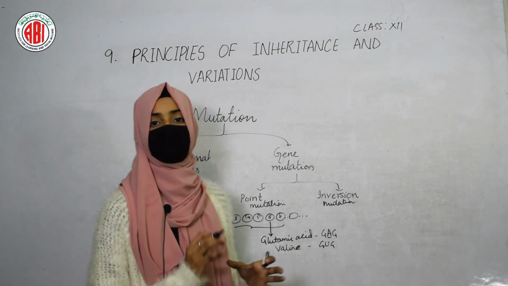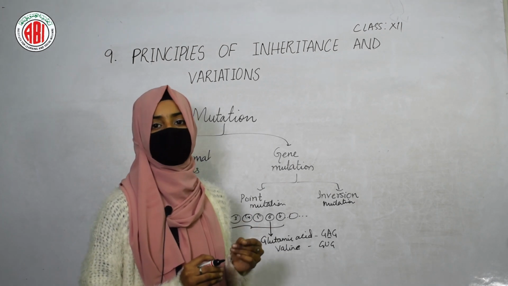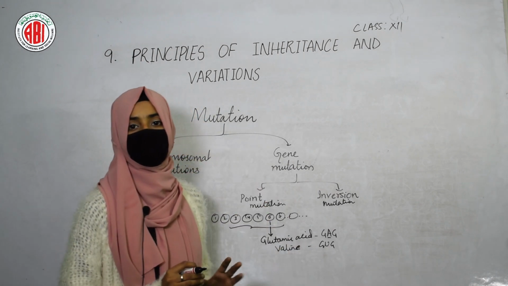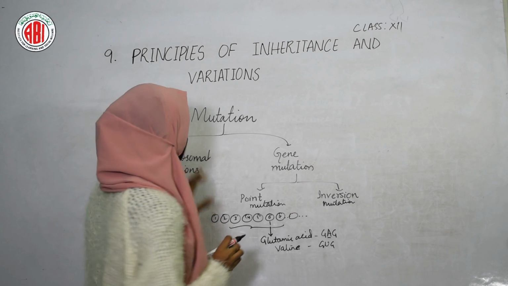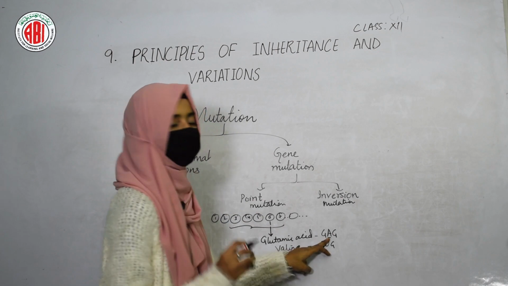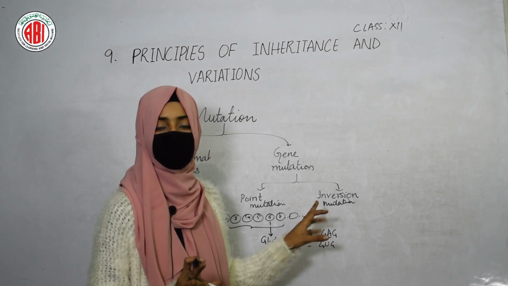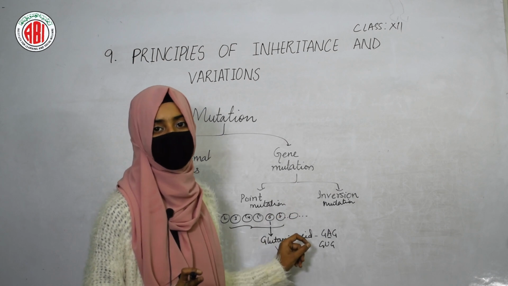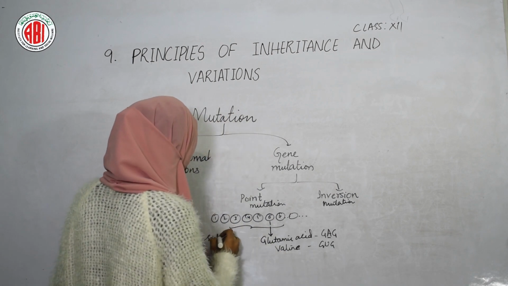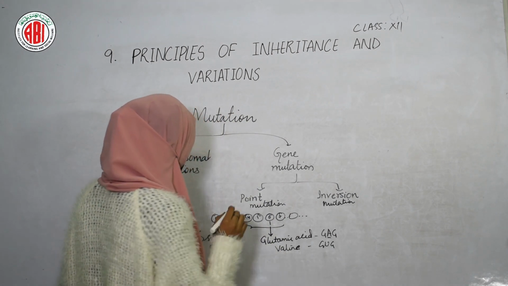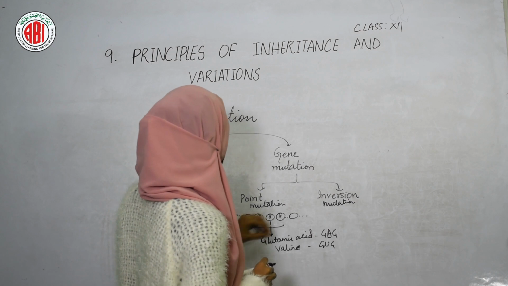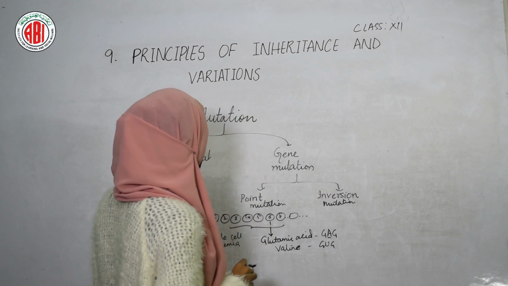In this way, when a change occurs in one base of the gene, it leads to a change in the whole structure, and that is called point mutation. Here the name point mutation refers to the fact that only one base is getting changed. Due to this change in one base of the gene code, it results in point mutation. Here we can take the example of sickle cell anemia. If a change occurs in any one base of the amino acid code, then it leads to changes in the whole structure that can cause sickle cell anemia also.